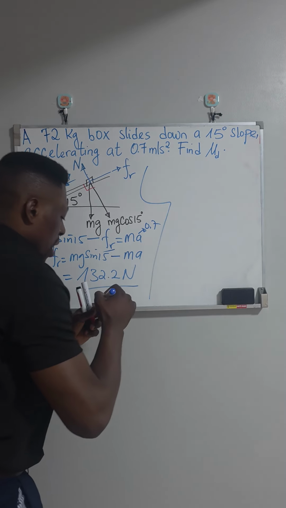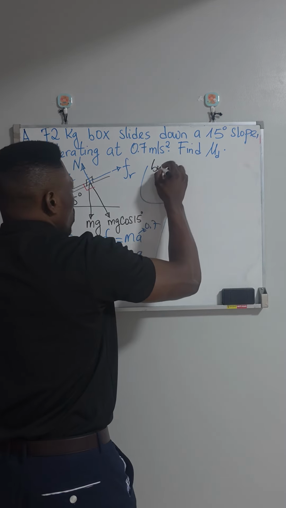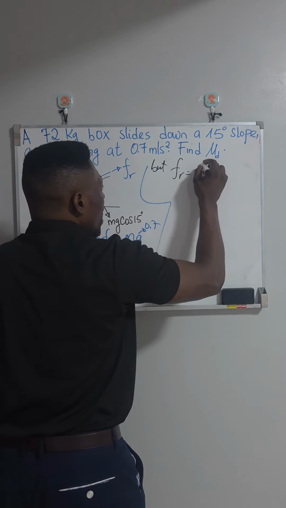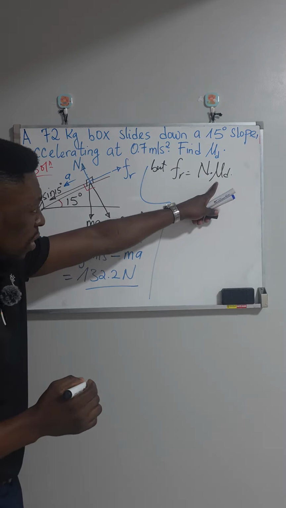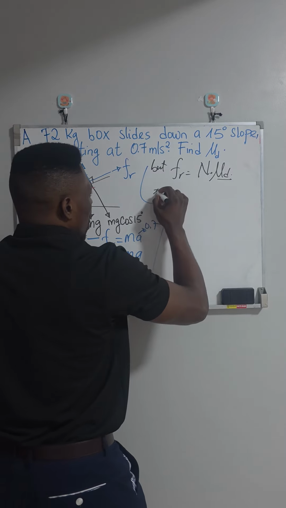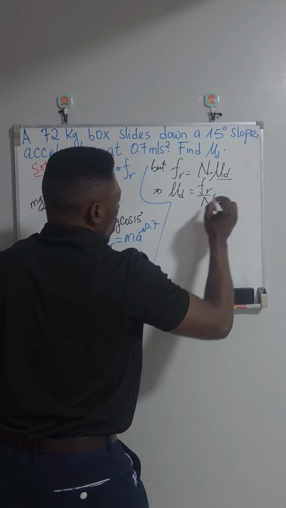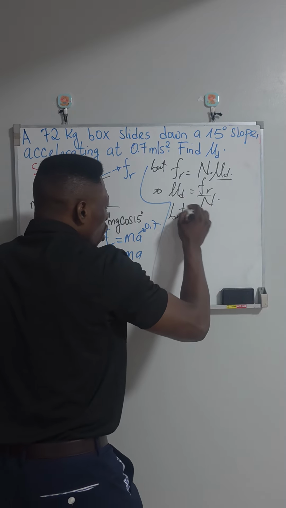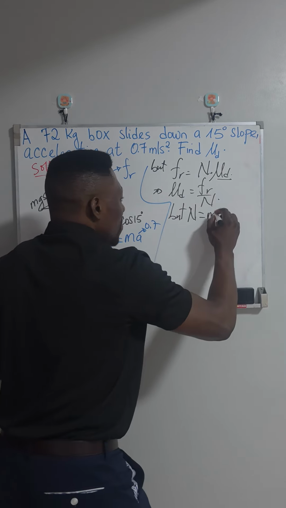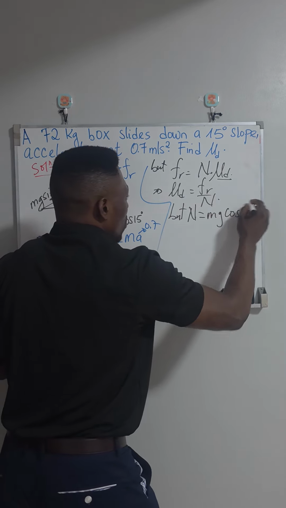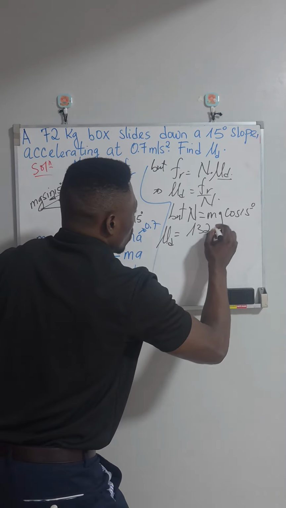On the other hand, how do we relate this, which we have now, to what we are looking for? We will say, but friction is also given by the reaction force times this, which we are looking for. So make this the subject by simply dividing friction by the normal reaction. We will say again, but this normal or reaction force in this case is not equal to mg. It's equal to mg cos of 15 degrees. So everything should boil down to what? To friction, which is 132.2 divided by